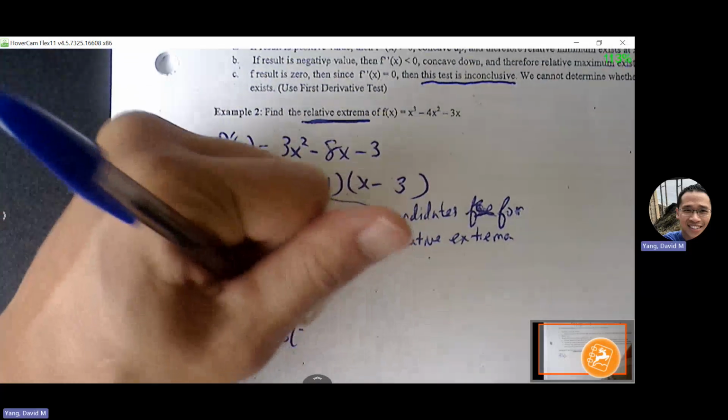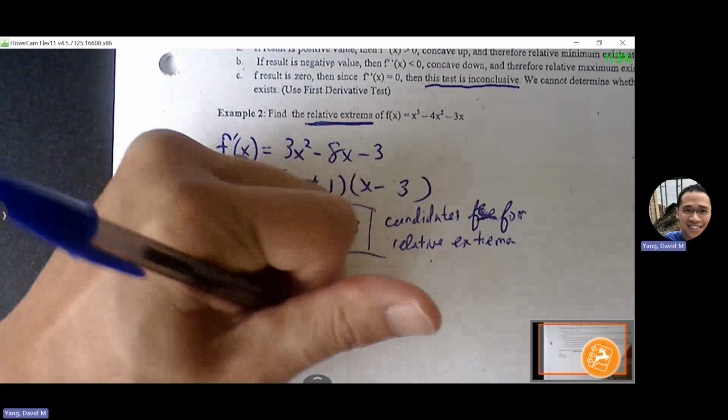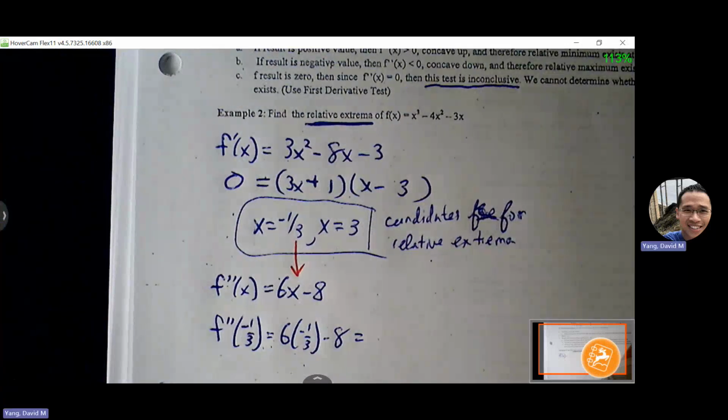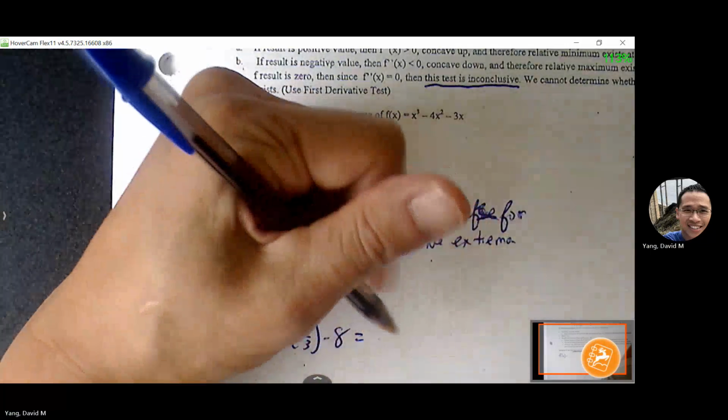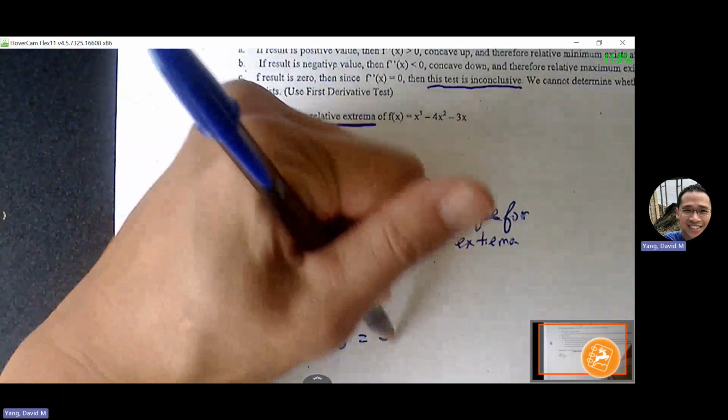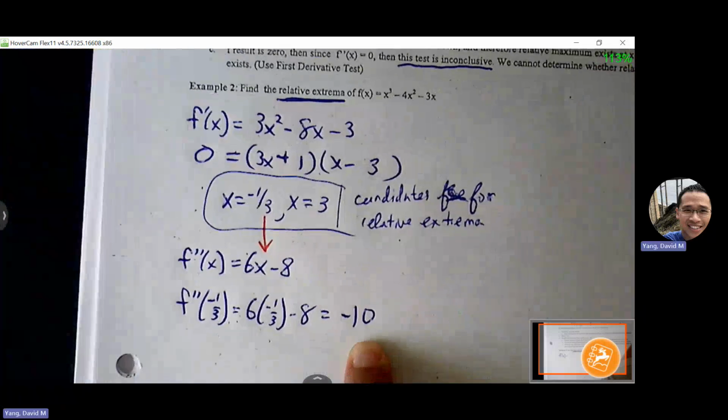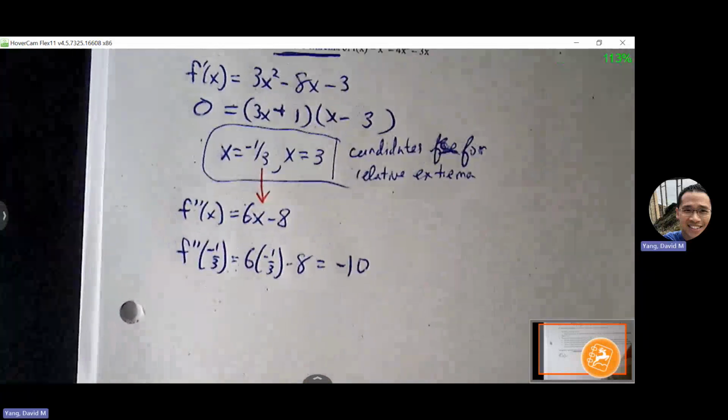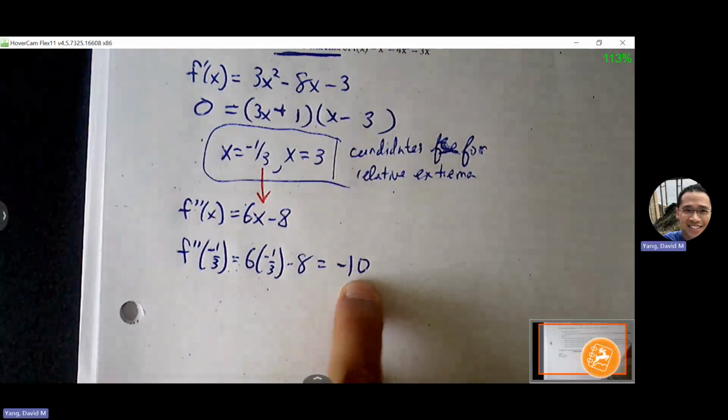So 6 times -1/3 minus 8. Right? What's that equal to? Say it again. -10. Okay, so I just want us to look at that number and just be aware that this number is